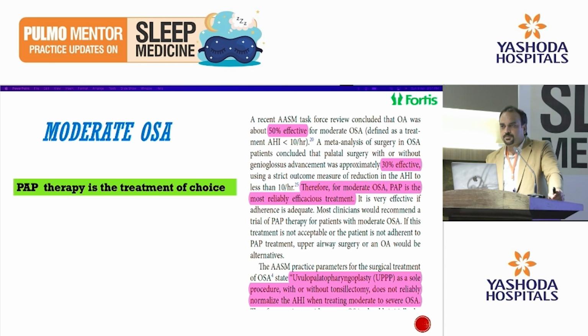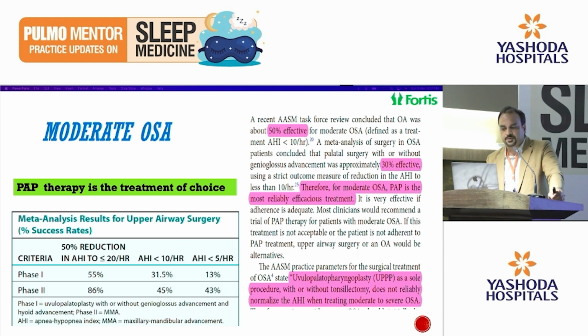So this is very, very important to make your patient understand that the other therapies are not as good as your PAP therapies, and even after applying those therapies, you might have residual disease. This data is published in meta-analysis, and results have also shown that surgery is inferior as far as the treatment of moderate OSA is concerned, unless there is a basic defect in the upper airways.